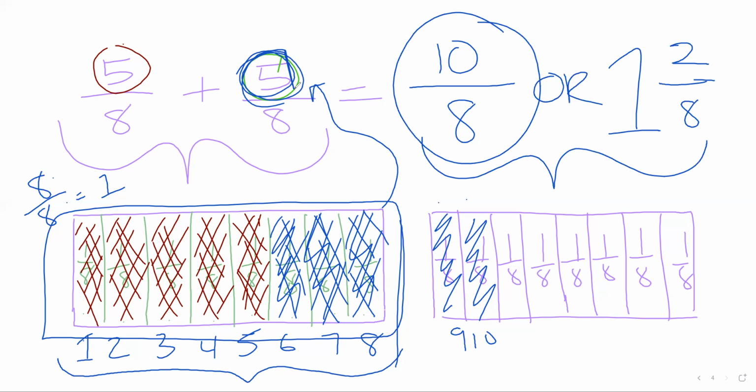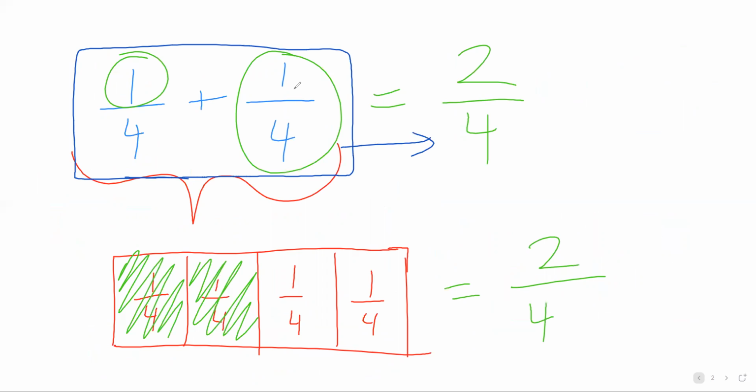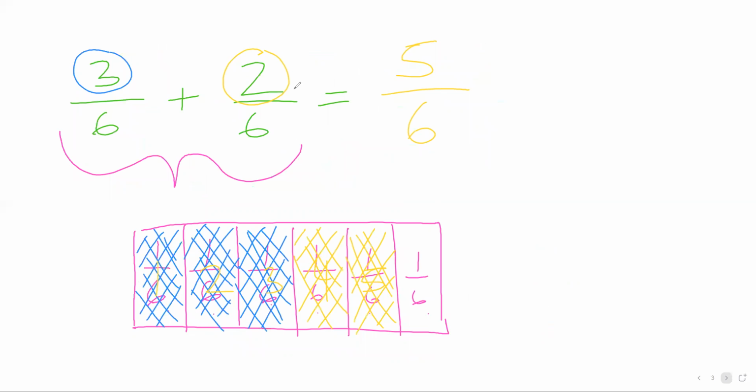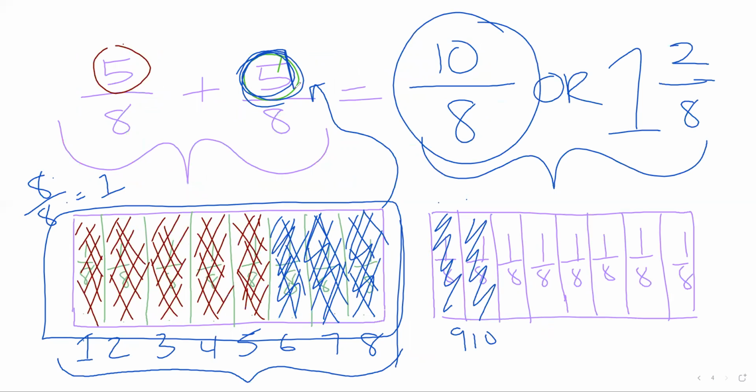So let's look at what we learned from that, because there might be a little pattern we see. Like if we look here, we had 1/4 plus 1/4. We got 2/4. Notice the denominator. Notice the numerator. You seeing anything going on there? Here we had 3/6 plus 2/6. Again, notice what happens with the denominator. Notice what happens with the numerator. And then the last one, we said same thing, 5 plus 5 equals